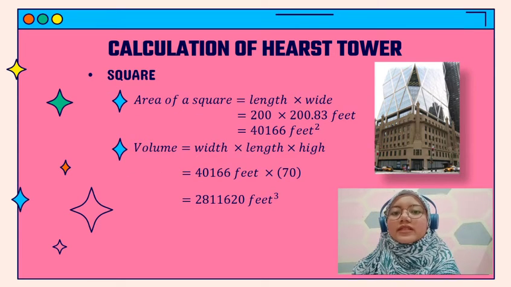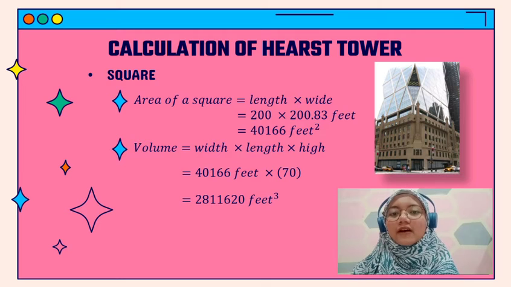Second, the base of the Hearst Tower is in square shape. We use the formula of area of a square by multiplying the length and the width of the building. The length is 200 feet and the width is 200.83 feet, which equals